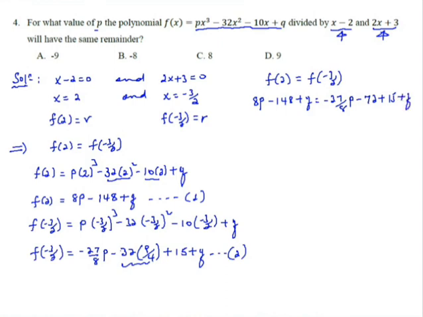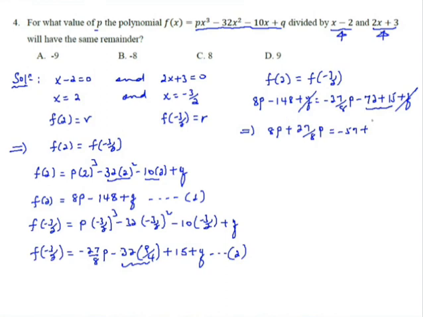This 72 is what it becomes. Okay, q, now when we collect on both sides, q cancels. Then this implies 8p plus 27 over 8p is equal to minus 57